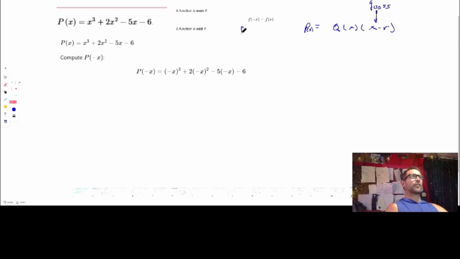If it's odd, then f of negative x is equal to negative f of x, right? Likewise, it would be the same thing if you put p. It doesn't matter. Does that make sense? If it's odd, then you're going to have the negative. That's how we test it. So first we're going to learn how we test that. So let's go ahead and do that here. So when we plug in negative x cubed in here,